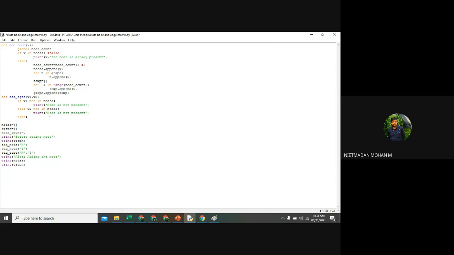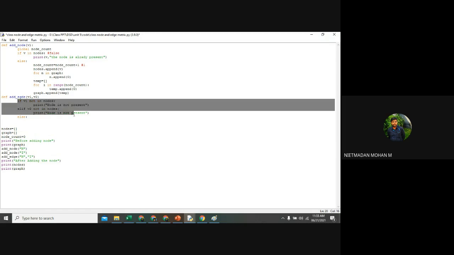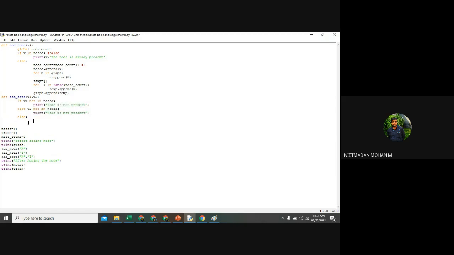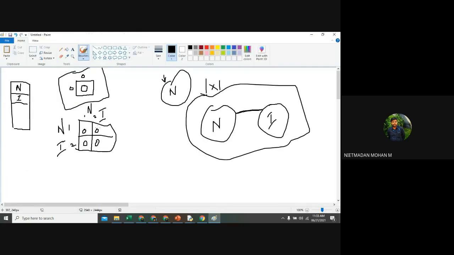So you just imagine now I am giving this condition, and these two conditions have not been satisfied, so the two nodes are present in the nodes. Then what do we want to do for creating an edge? After creating an edge, how will the matrix representation be? If a link is present, we want to reach 1.